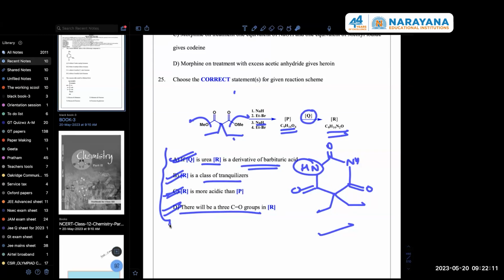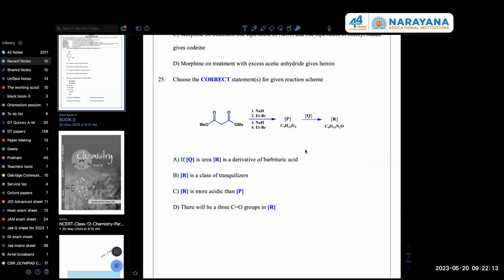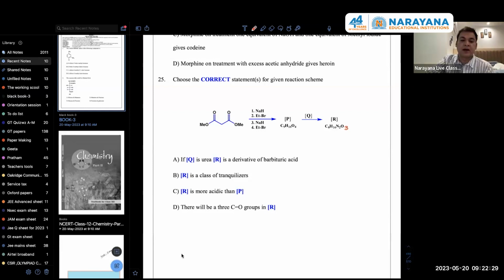Getting everyone? R molecular formula is not matching. But only one, please check oxygen. There may be some typographical error. It should be O3, right? Yes, sir. Okay, I'll correct it. So this is the part what I just wanted to